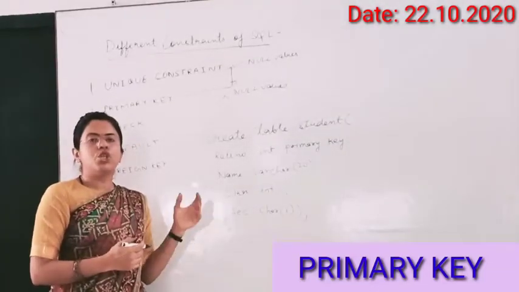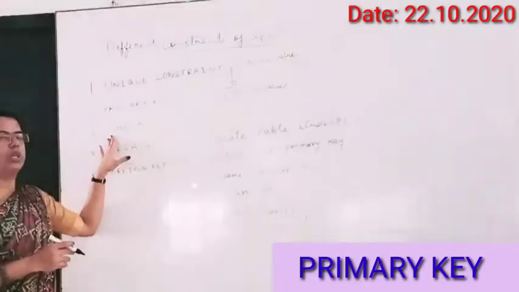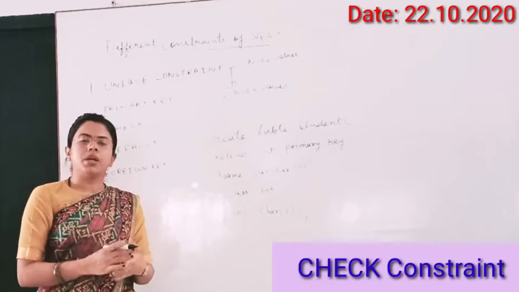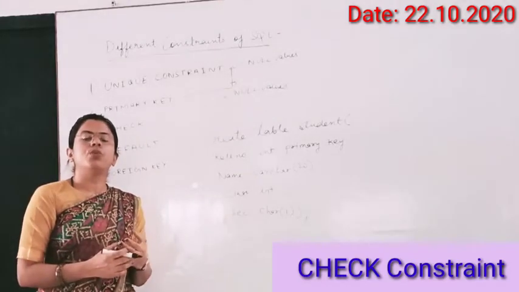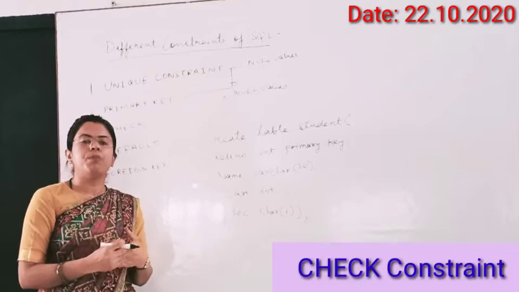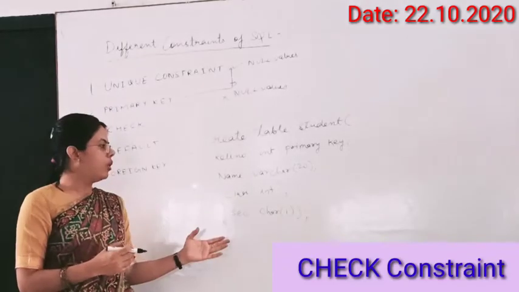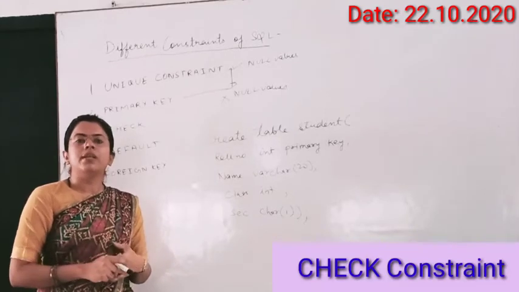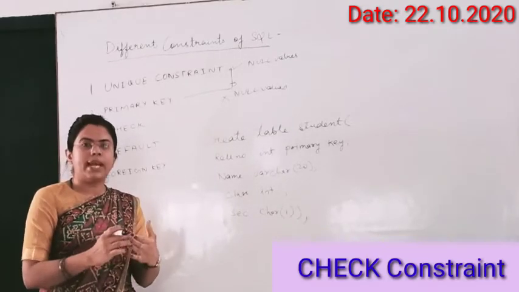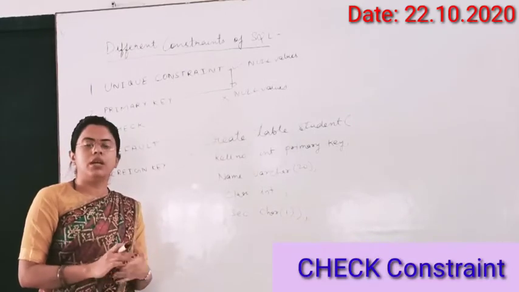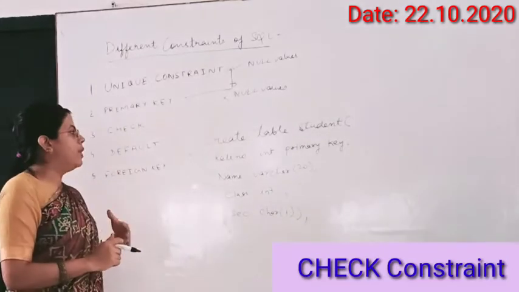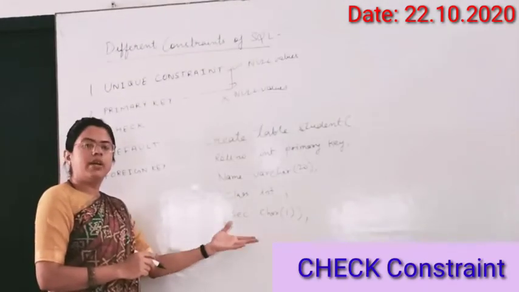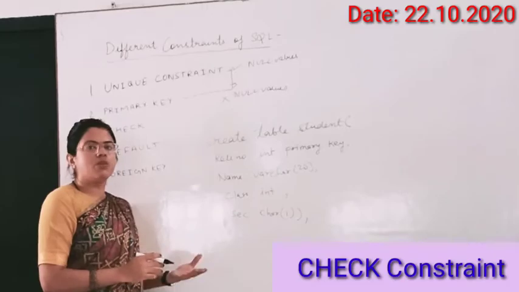Now moving forward to the check constraint. How does the check constraint work? Check constraint is basically written during the table creation only, but it helps you to check the value at the time of creation of the table. For example, if I want that the user should enter a roll number which should be greater than 0. There should not be any roll number which is negative, or it should not be 0. So I can put a check constraint in the roll number, or maybe I can use a different field where I can use a check constraint.